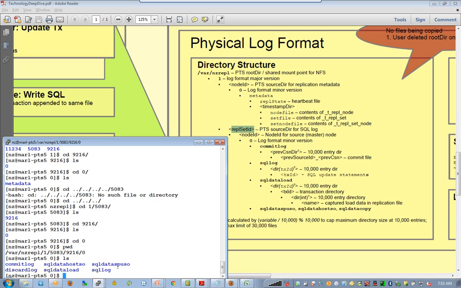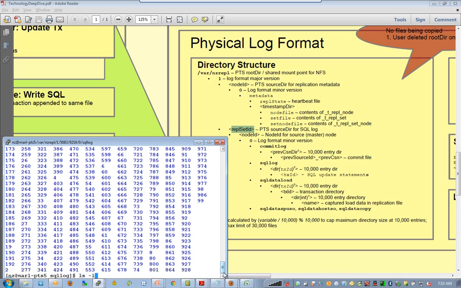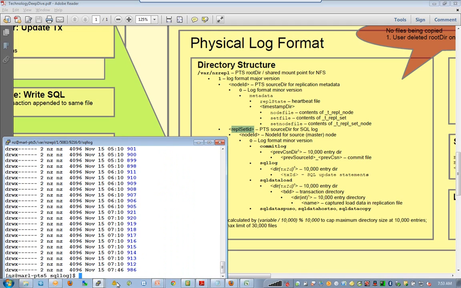So far we have executed SQL commands. All those will be captured in the SQL log directory. As you can see here, the SQL log directory has captured SQL update statements. It has other subdirectories that divide transactions. For every 10,000 transactions, it creates a new directory. The latest one that we created was at 7:46 this morning. So let's go to 986,